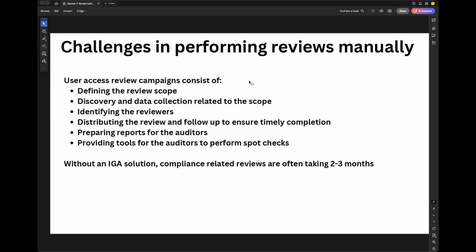If there's anything that's consistent in our world, it's that everybody hates doing these. So the more data we throw at them, the more complex we make it, the less likely they're going to want to do it, and the longer it takes. And that causes a problem because when auditors come in,